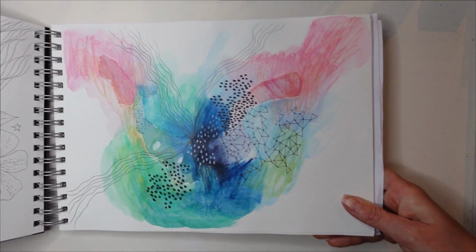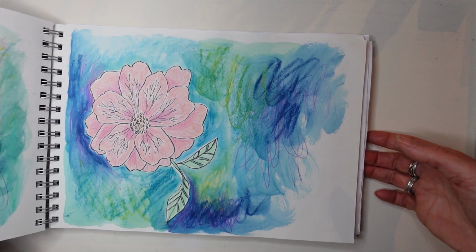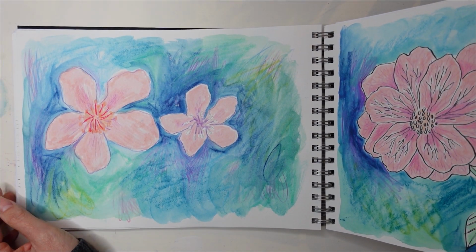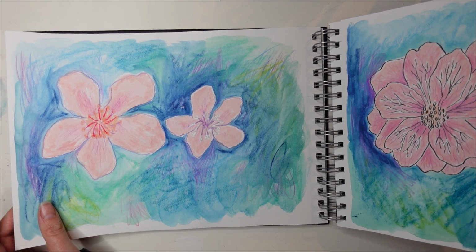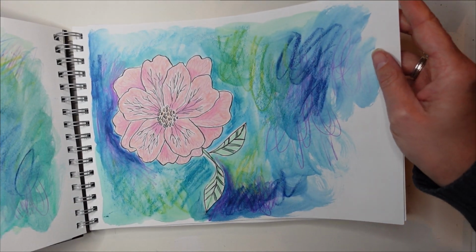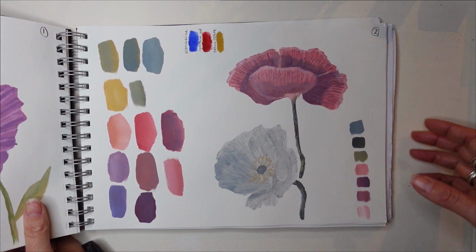So it's always fun when you go back through your sketchbooks, because it always gives me loads of ideas, and it nudges me into seeing things that I'd forgotten that I did as well. So this was one of the drawings. Yeah, these spreads were the drawings I did in the shared space. That's something I've discovered over this month, that I've really loved working outside of the house. When I'm at home, I get easily distracted. I see all the other jobs that I need to be doing. But when I take just my sketchbook out to a cafe or a workspace, it gives me that time. Even just for an hour, I got so much done,